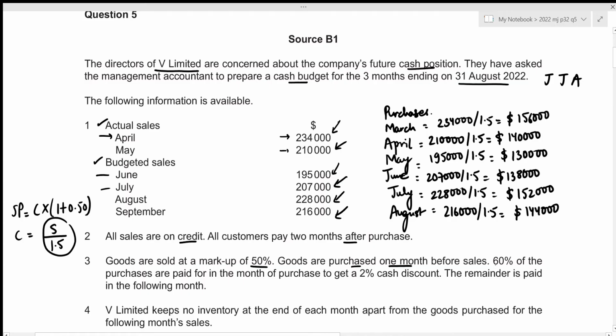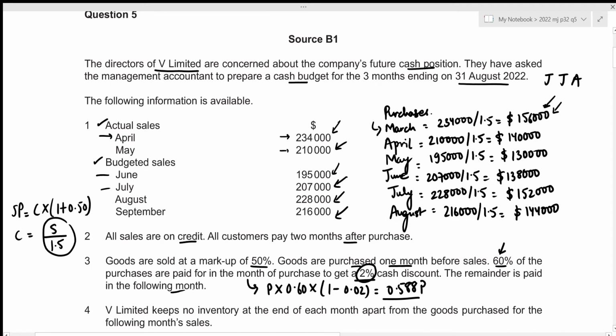All right, then 60% of the purchases are paid for in the month of purchase. So 60% of this amount of 156,000 will be paid in the month of March in order to get a 2% cash discount. So let's figure out the actual payment done in the month of purchase. So that is just going to be the purchase price times we're only paying 60% of it, so that's 0.60, and we're also getting a cash discount of 2%. So that means we do not have to pay the 2%, so that's 1 minus 0.02, and this results in 0.588 purchase. So we'll be paying 58.8% of this amount of purchases in that particular month,